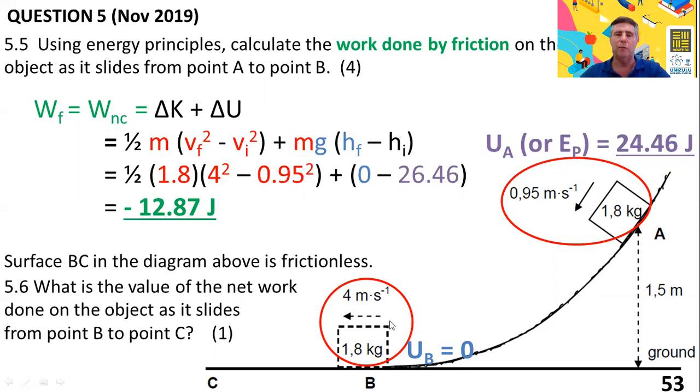Why is it negative? Because the object is moving to the left, whereas the frictional force acts to the right, in the opposite direction. So if you didn't get it here, naught is just the potential energy at B and potential energy at A, 26.46. We actually didn't do the calculation here because we'd already done it in question 5.4. And then just finally,